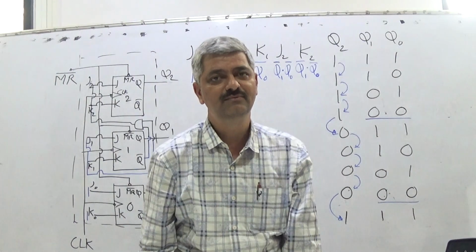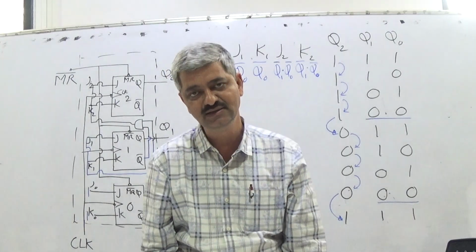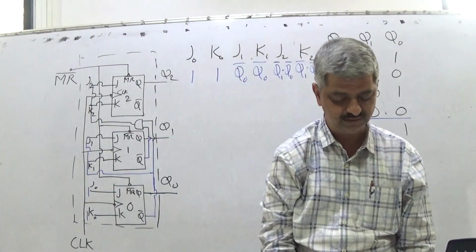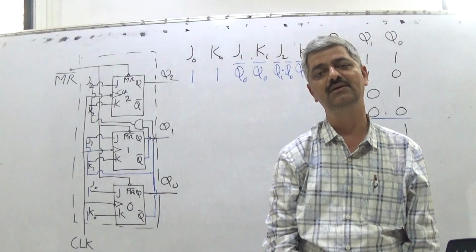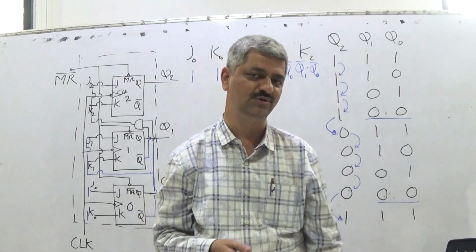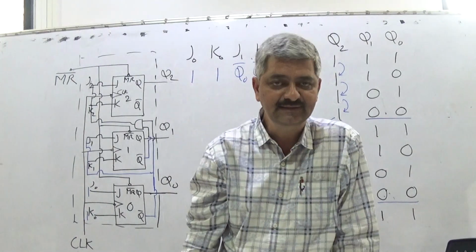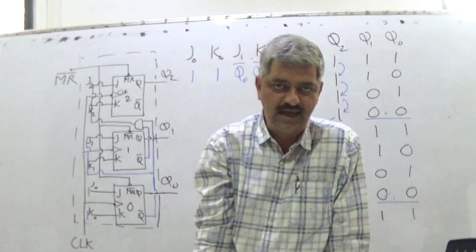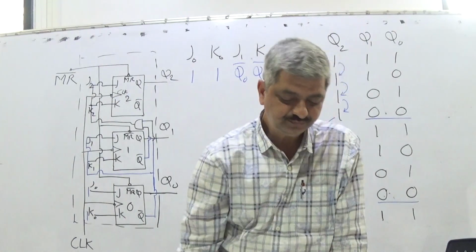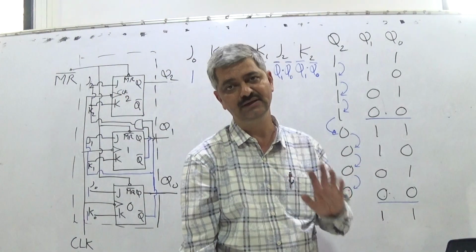Now decimal has a very important significance, because the decimal number system was already in existence before all this binary digital thing started. So we want something to be counted in a decimal manner. The counter should count from 0 0 0 0 to 1 0 0 1, that is 9, and after 9 it should become 0 0 0 0 again. So directly we go for designing a decade counter.